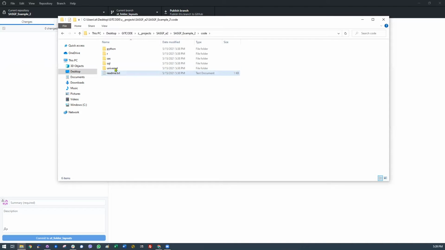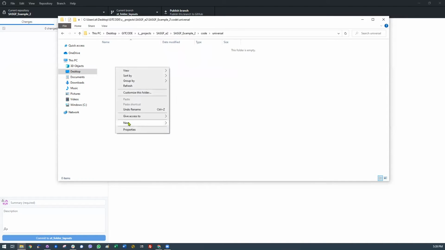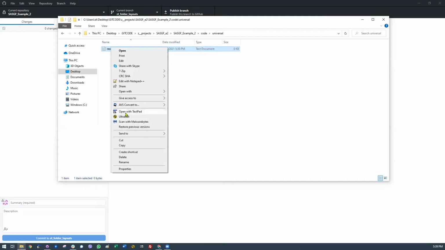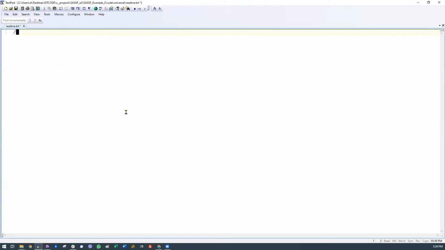We'll get to that in one of the later segments, but I'm going to put another README file in each one of these so that it actually pings and triggers the Git repository via GitHub Desktop so that I know there's a change there. But in the README, I want to indicate that this is our universal folder for elements and files that are agnostic